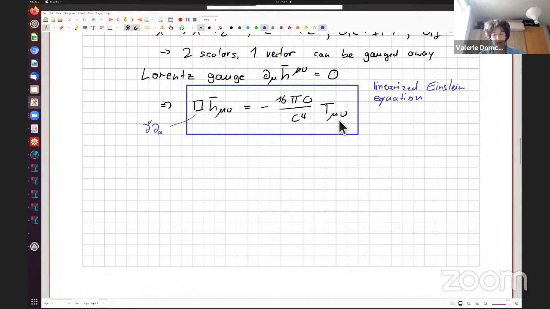Question for you: now that we have imposed Lorentz gauge, how many degrees of freedom do we have left? You can again check in the polling system. This equation is a very powerful equation. It describes the sourcing of gravitational waves, so the right-hand side sources the gravitational waves on the left-hand side. And if we set the right-hand side to 0, it describes the propagation of gravitational waves.